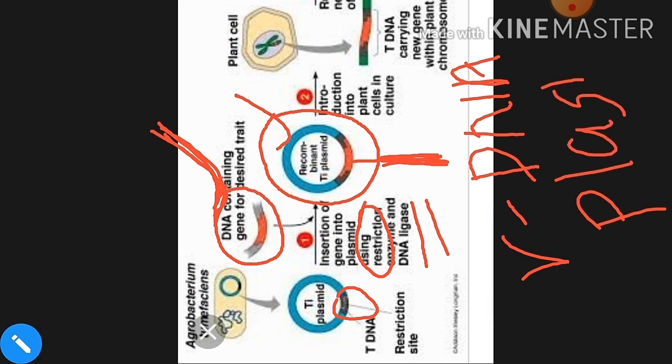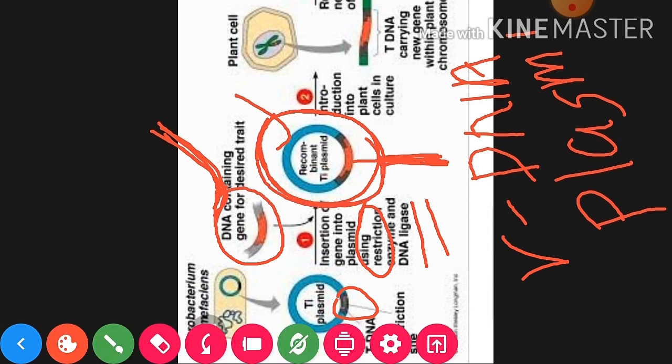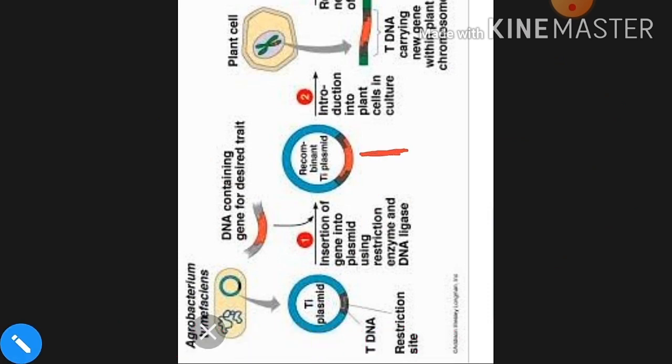Okay, यहाँ पर DNA ट्रांसफर करने के बाद जो स्ट्रक्चर पूरी बन चुकी है, that is called the recombinant TI plasmid. Now this TI plasmid will transfer this gene later. Okay, so how is the gene transferred into the plant cell? तो क्या करेंगे, this TI plasmid will be cultured with the plant cell. प्लांट सेल के साथ प्लांट का कोई भी पार्ट लेगा कि चाहे वो सीड हो चाहे लीफ हो, उनके साथ इस रिकम्बिनेंट प्लाज्मिड को क्या कर देंगे, उसके साथ हम कल्चर करना शुरू कर देंगे, जिससे कि this tDNA is transferred into the plant cell.